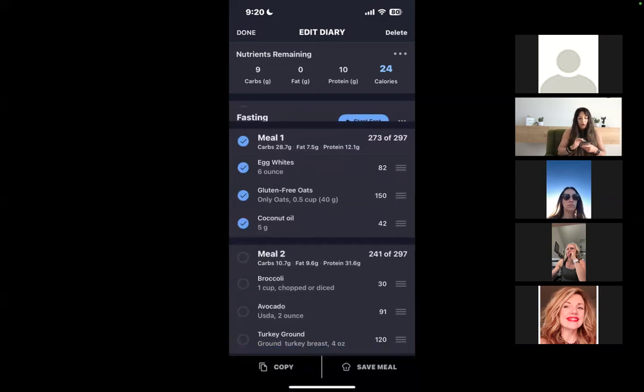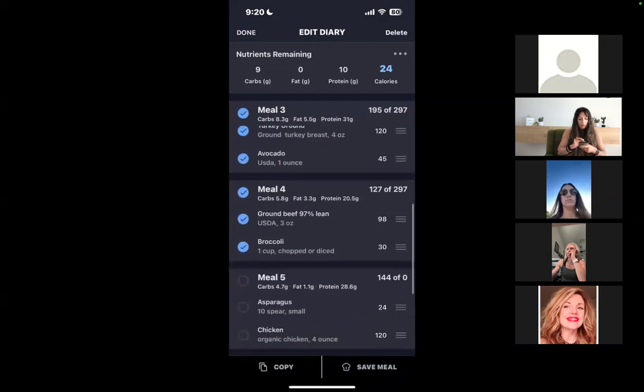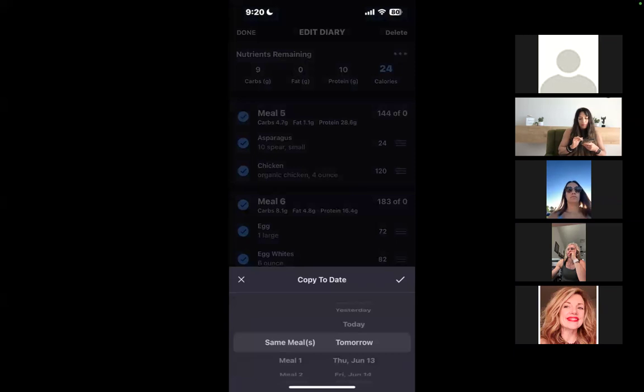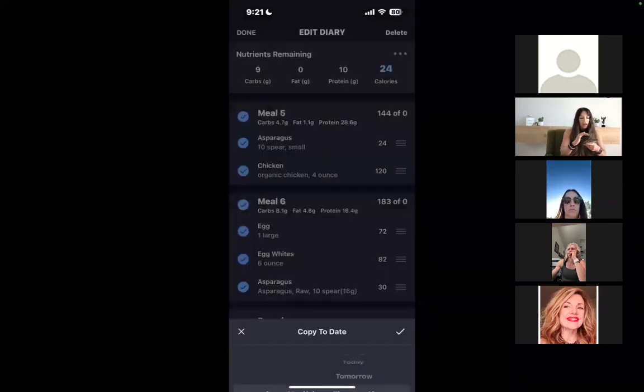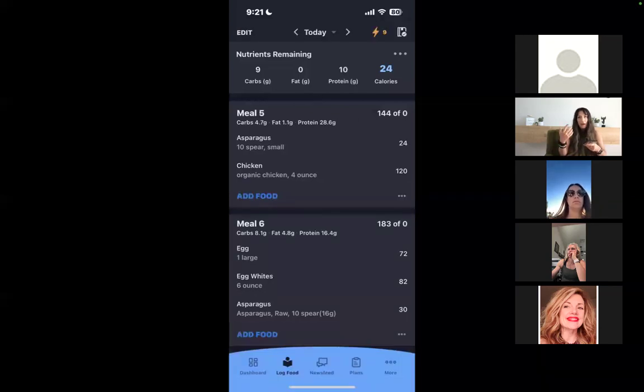You can select all. I don't know why it didn't let me select all this time. Probably because I'm here trying to show you guys something, but I just went through and did it. You click copy and I can just keep pasting them to whatever day. So I can paste them to every single low carb day I have. Then I can go to my high carb day that I created on Wednesday and I can do the same